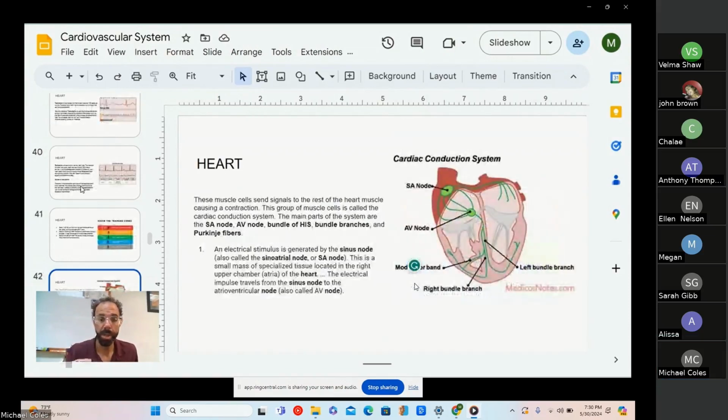Our heart needs a wiring system. So this wiring system is actually coming from the brain, pump at different times. The heart needs to be told what to do. So we have these nodes. If you've ever seen